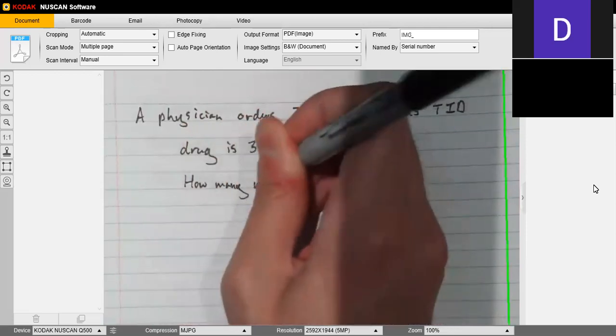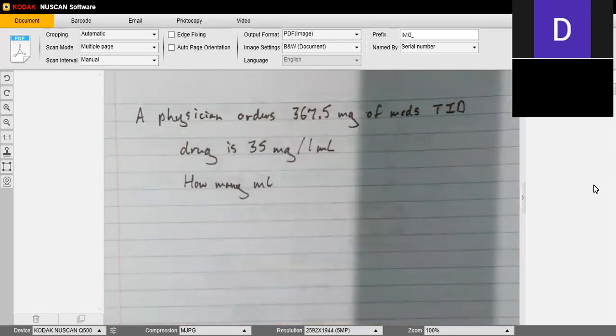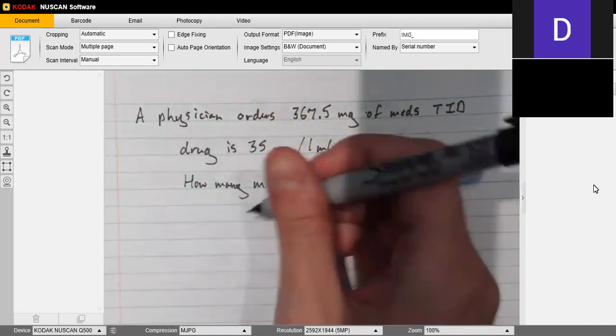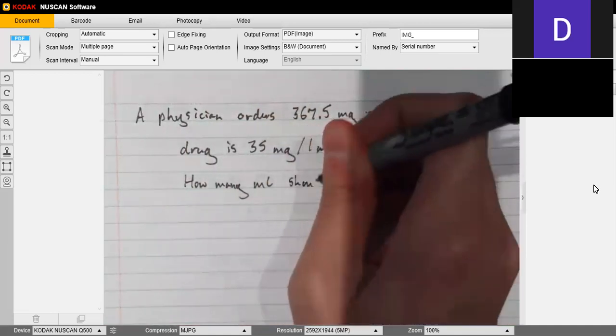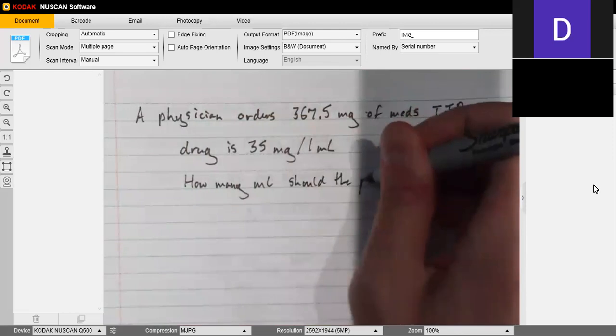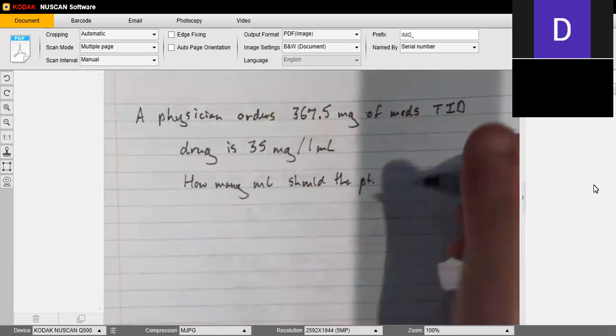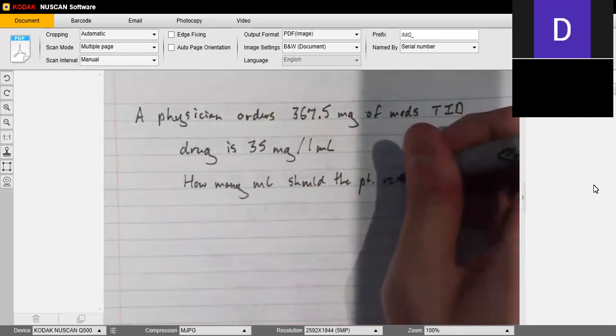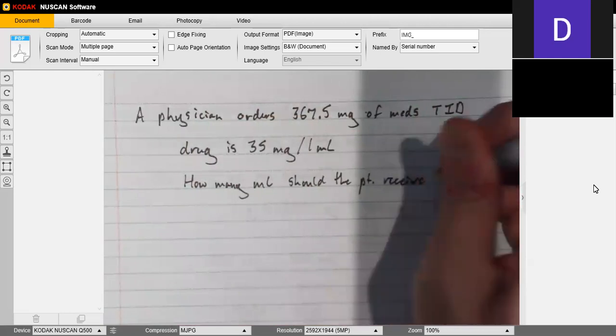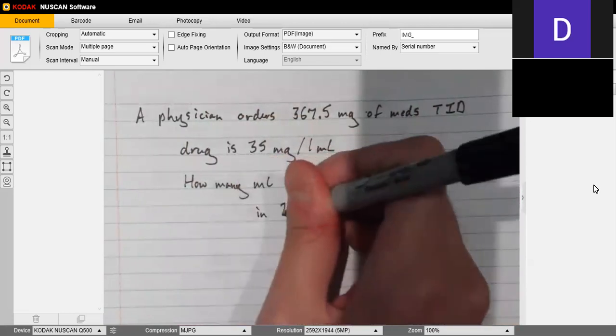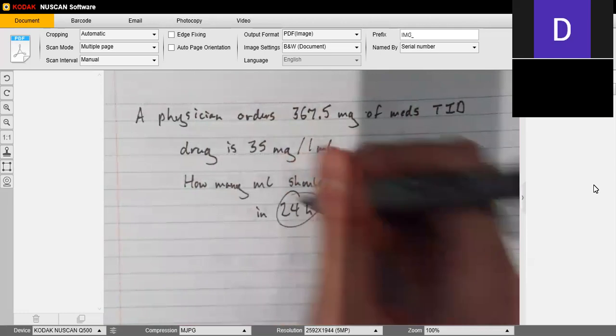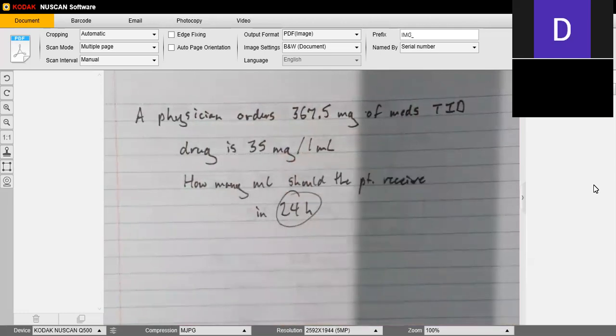How many milliliters should the patient receive? You'll see I abbreviate patient, PT. Should the patient receive in 24 hours? So we need to find out how many milliliters the patient should receive in 24 hours